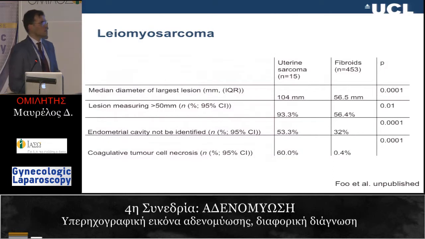But if you want some practical tips, in a retrospective study in our center at UCLH, looking at all the women that came through for a scan, and then we had the histological diagnosis, and I hasten to add we did no myomectomy for women with a leiomyosarcoma. Those that had sarcoma had bigger tumors. They were 10 centimeters or bigger. The largest lesion was bigger than 5 centimeters in the majority.